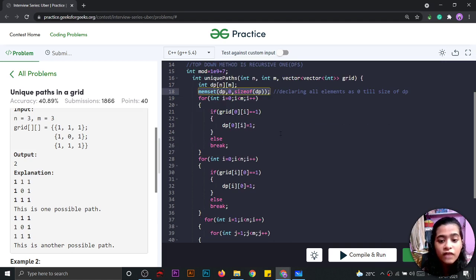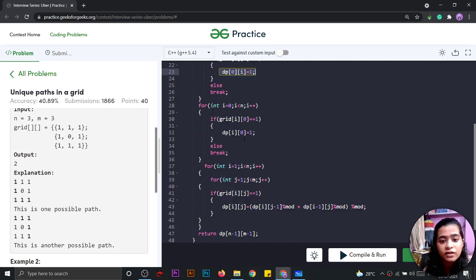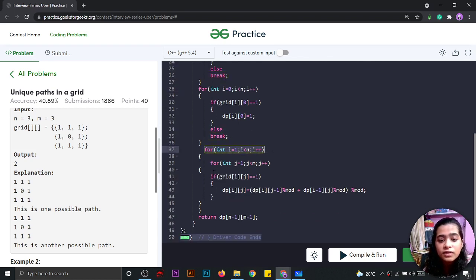Then I am constructing a dp and initializing all the elements as 0. This is the same code I have written on the whiteboard. We are running the loop till m and n. And if we are encountering any 1 in the grid, then we are changing the 0 to 1 in the dp that we have made. If we are encountering any 0, then we are breaking it because we don't want zeros. Same for this. And then we are running loops i and j till n and m.